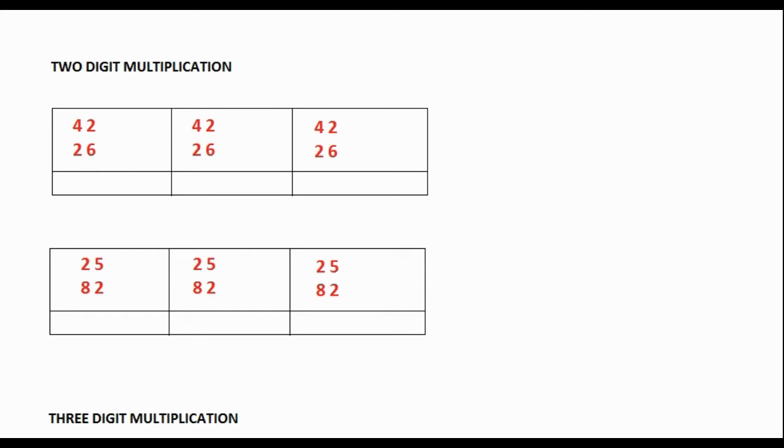The first step is we are going to multiply the numbers in the units digit. So in the units digit we have 2 and 6. If we multiply 2 and 6, we will get 12. Let me write that over here. Now just write 2 here, and the 1 in the tens digit will be carried over to the next step.